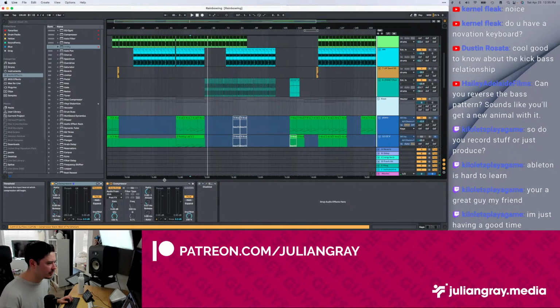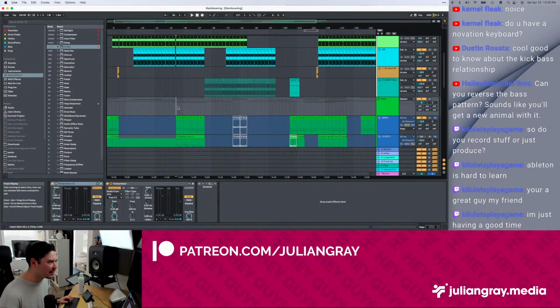Same for this one with the side chain. It's just not there. So what I'll do is I'll grab the high end only of the kick. We'll pull this down, maybe try a 4 or 5 to 1, immediate attack time, and a little bit of release time.